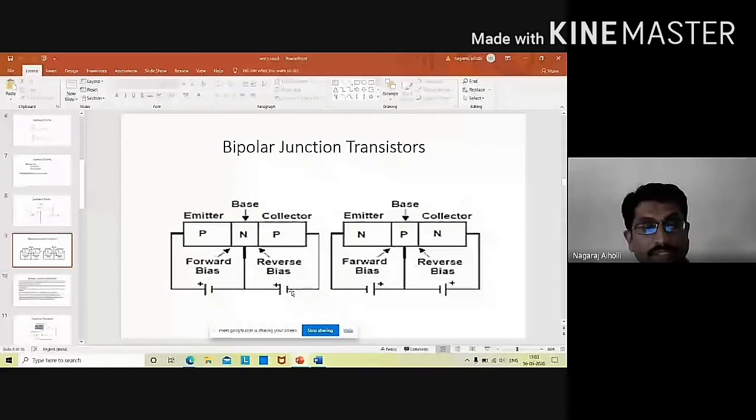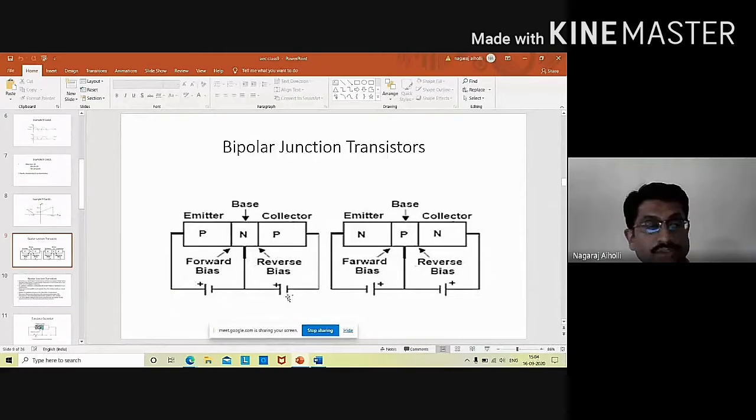When we apply the DC voltage to the transistor, it makes a certain current flow through the transistor, and there will also be a certain voltage drop across the transistor. There will be suitable current and voltage in the transistor circuit because of applying the DC voltages to the transistor circuit. And this applying of DC voltage to the transistor is called DC biasing.